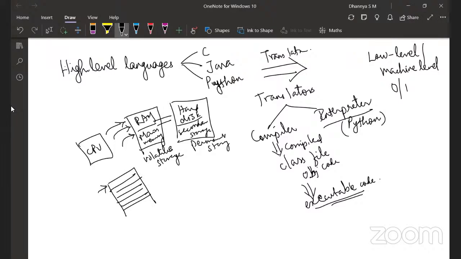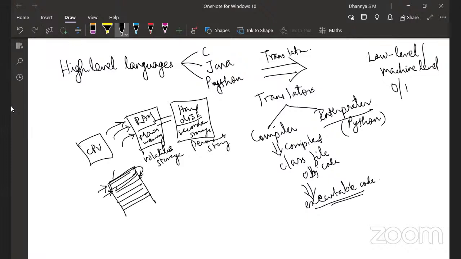So the CPU goes to this line and executes the statement. In the case of Python, in the case of interpreted languages, it will have the program here, but it will take the first line of code, convert it to machine language, execute it, and then go to the next line of code.